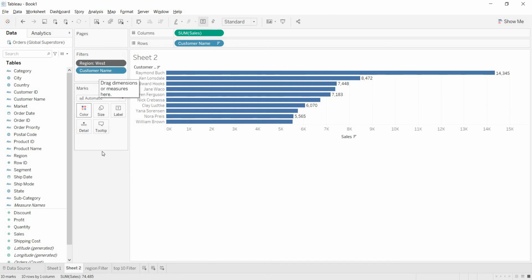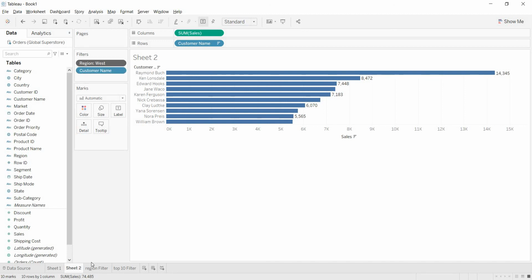Then after you apply the top 10 analysis on the customer name, this filter will hit the output result of the context filter. It will never go to your database and query it directly. It will depend on the context filter output. This context filter is the only independent filter.